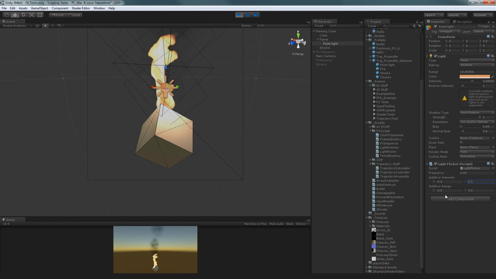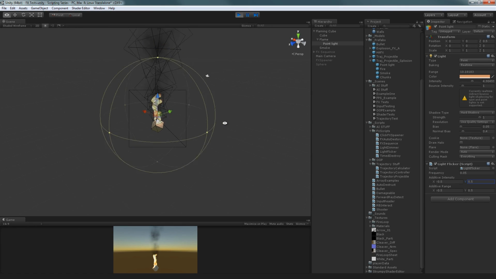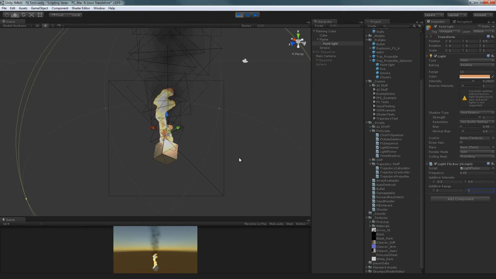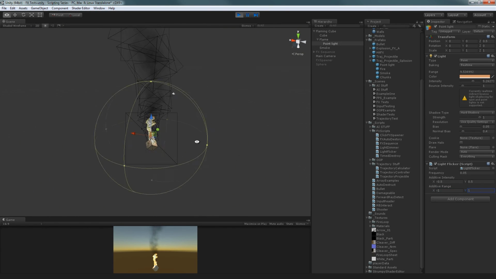The additive range is going to be what causes this thing to pulse. So if I have this set to 0 and 0, it's not going to pulse anymore. If I have this set to -1 and 1, it'll pulse a lot. And the reason why this is useful is